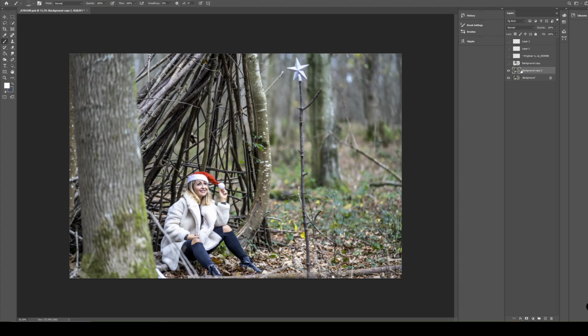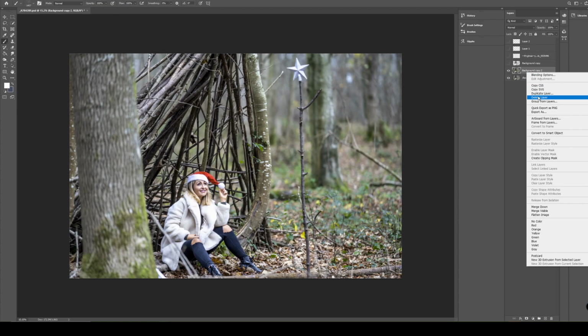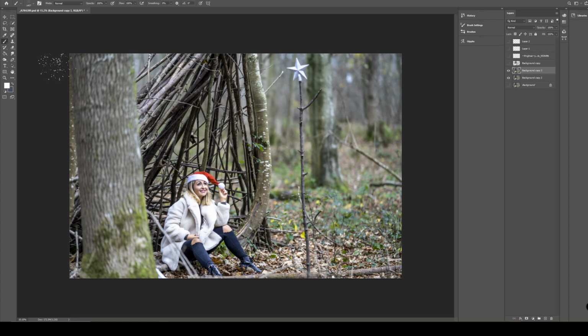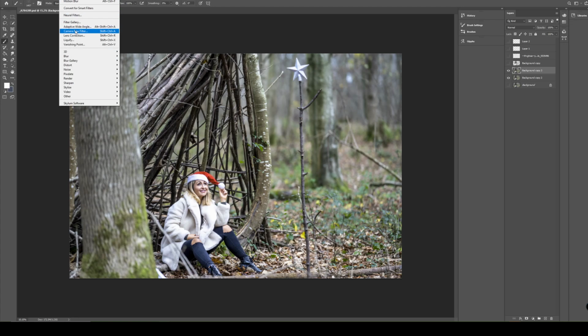that we're going to do another duplicate as well. So we've got a double duplicate of the base layer. I'm just going to turn the bottom one off, so we've got that layer back up there. So we're going to work on this one here. You can rename them by double clicking on it, but I don't generally bother unless I'm doing a huge edit. And what we're going to do is go into filter, and we're going to go to